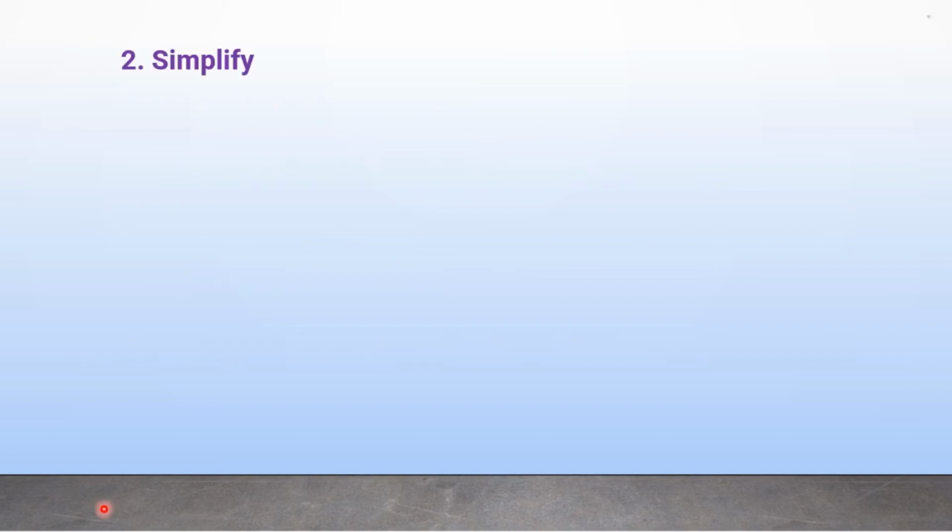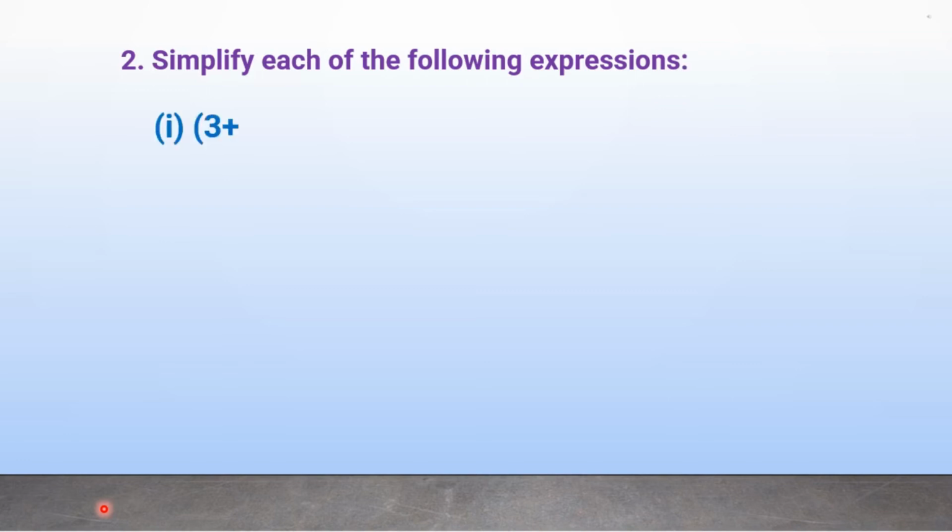Example 2. Simplify each of the following expressions. Example 1. (3 + √3)(2 + √2). Solution. First we will simplify the expression by multiplying the terms, and we get 3 into 2 plus